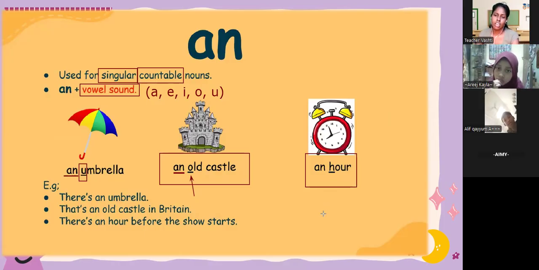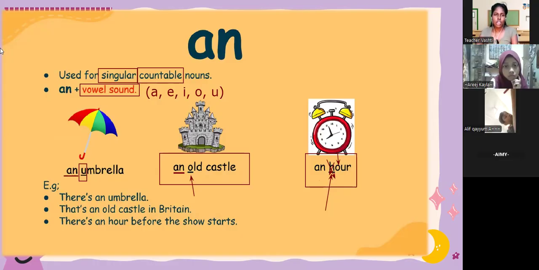You don't know? Okay. How do you say the word hour? Bagaimana kita sebut perkataan ni? Silent H. Good. Sebab silent H. Do we say hour? No. We say it as our. Maksudnya kita tak sebut H tu. This is called a silent H. Sebab tak sebut H, what is the next letter? O. A, E, I, O, U. Dia ada O. So that's why we got to use an hour.